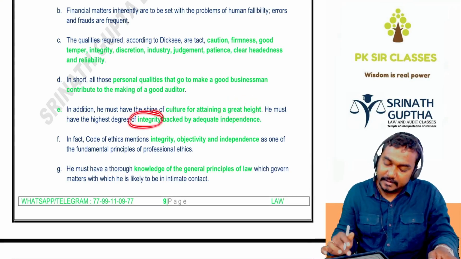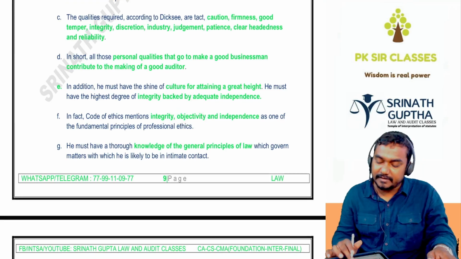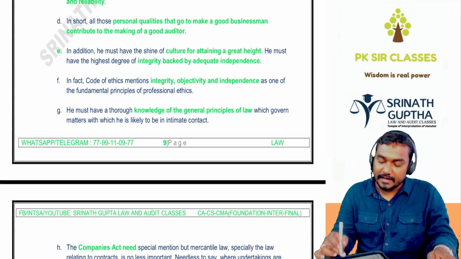He must maintain integrity. He must maintain objectivity. He must maintain independence. He must have the knowledge of the